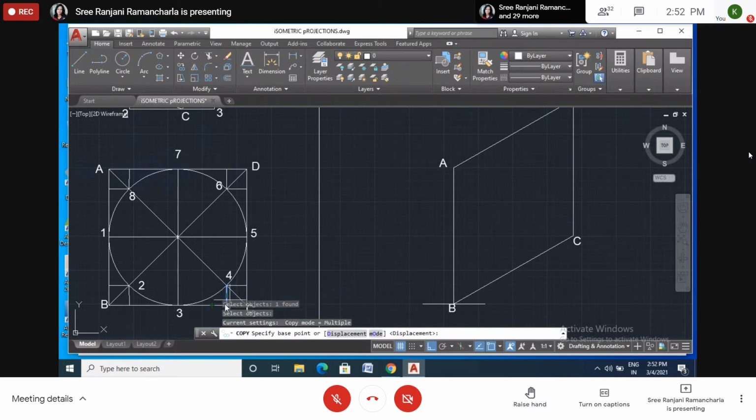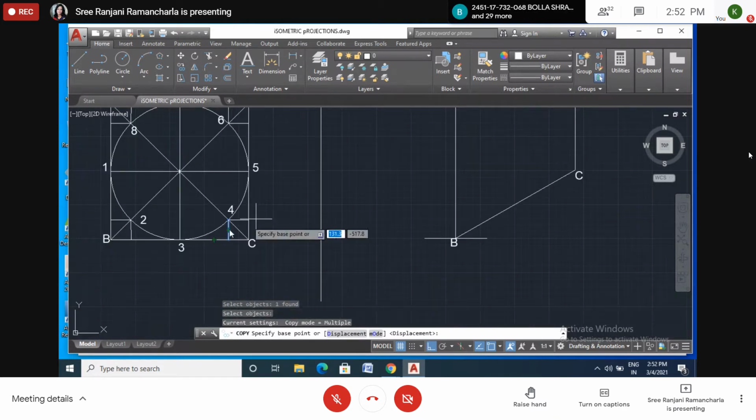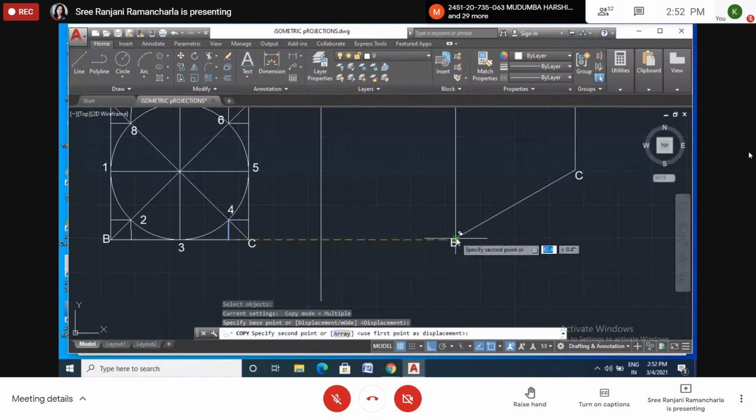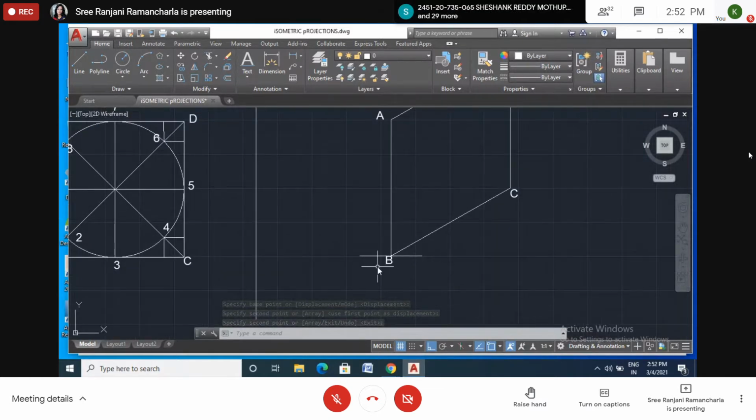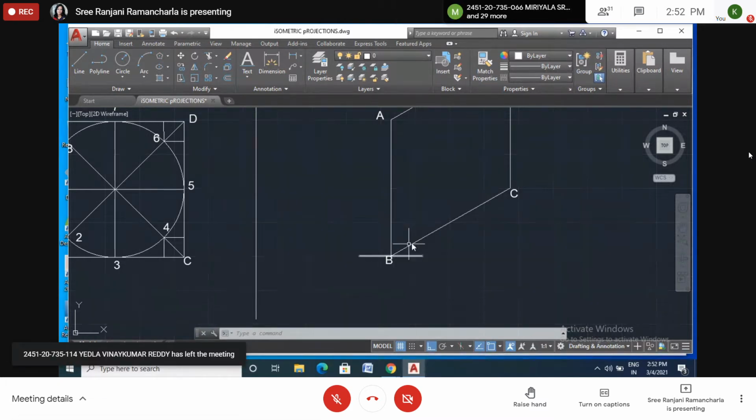Displacement. Okay, here the line is there. It's coinciding with this cursor. It's not seen here, so I'll just copy it. Enter. Okay. Now here there is a line. Now here I will copy another line. All of this here also, one more line should be there. So here also I will copy this line.